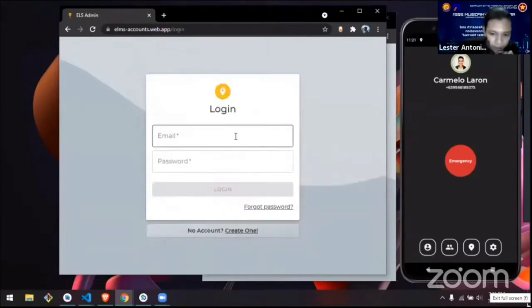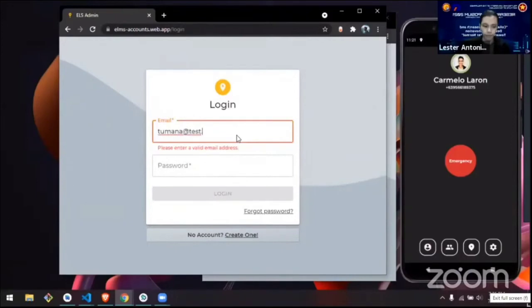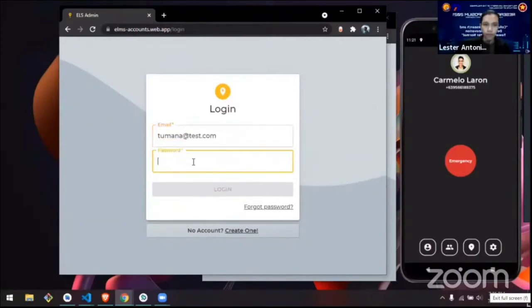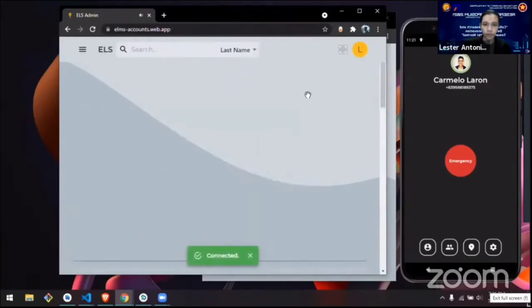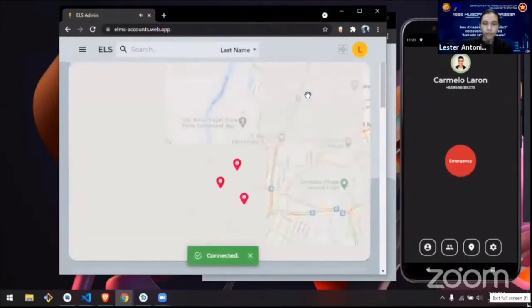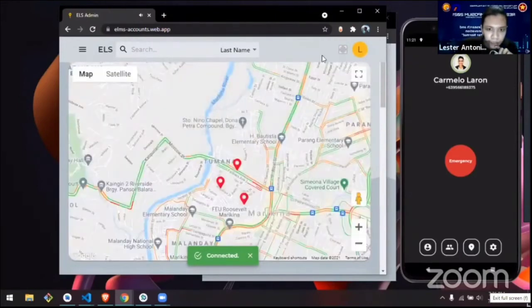After you have registered, you will be redirected to the login page. As you can see, we have previous emergencies already live in our system.